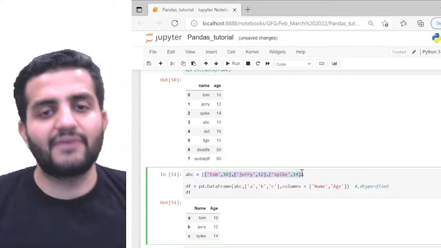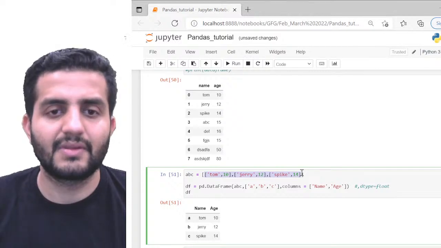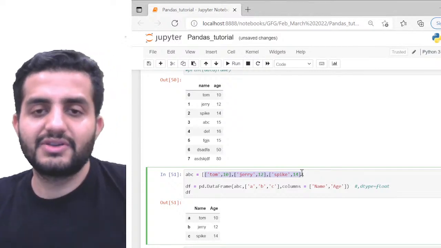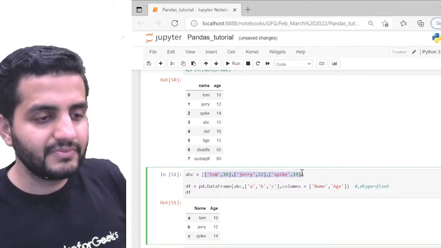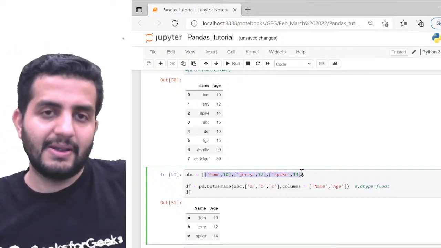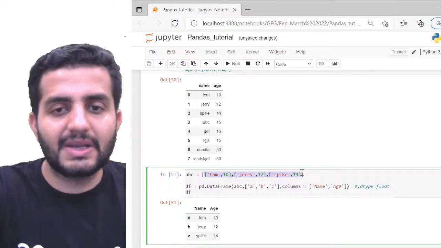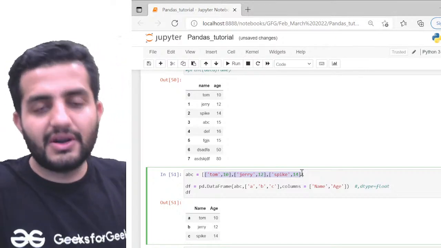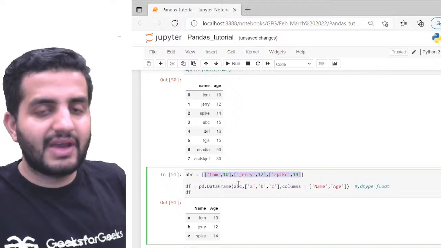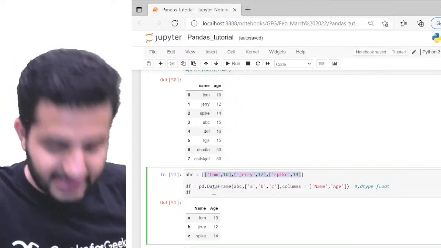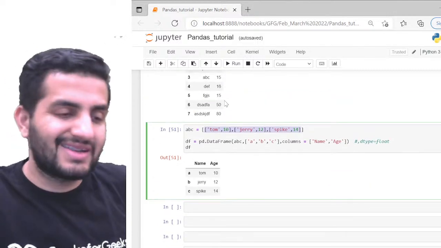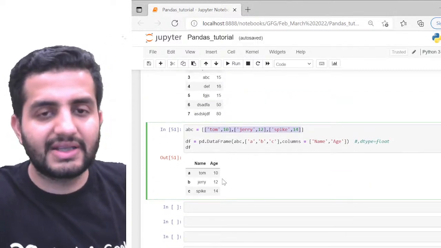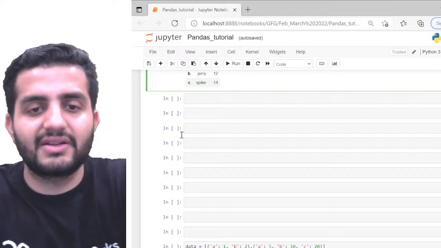It is a list of lists which I'm passing to my data frame. So I'm creating the row elements by this. Okay. Make sense? So this is what we have in terms of my data elements. So pretty much it. This is another, second way of creating the data frame. Nothing fancy in this, just another way of creating the data frame.